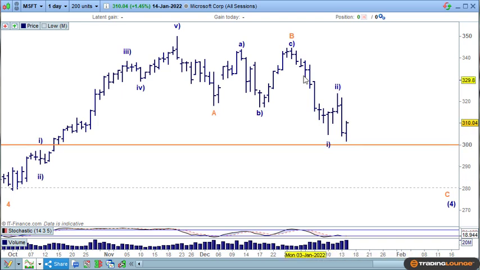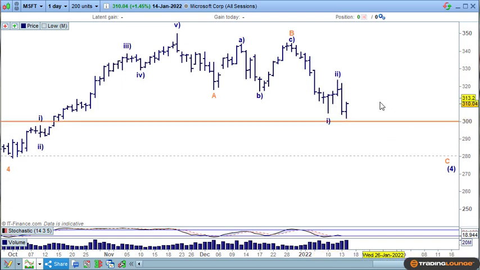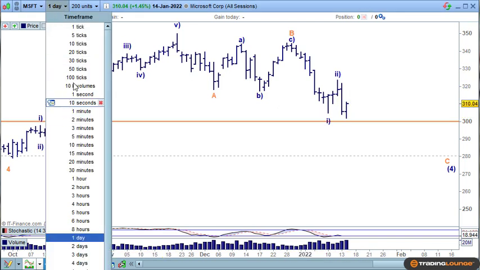I thought that maybe this could all be wave 1 here and 2 here, and then the 3rd wave here, and then the 4th and the 5th, but I don't think that's the case. It appears that we're getting a nice impulse wave down here. Of course, we're going to bounce off the major trading level here, so we can expect that bounce, but let's just go in and check it on the